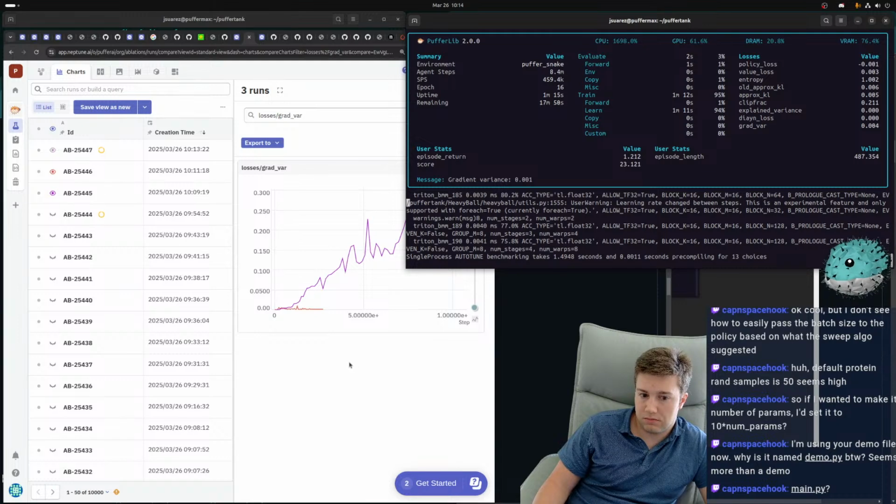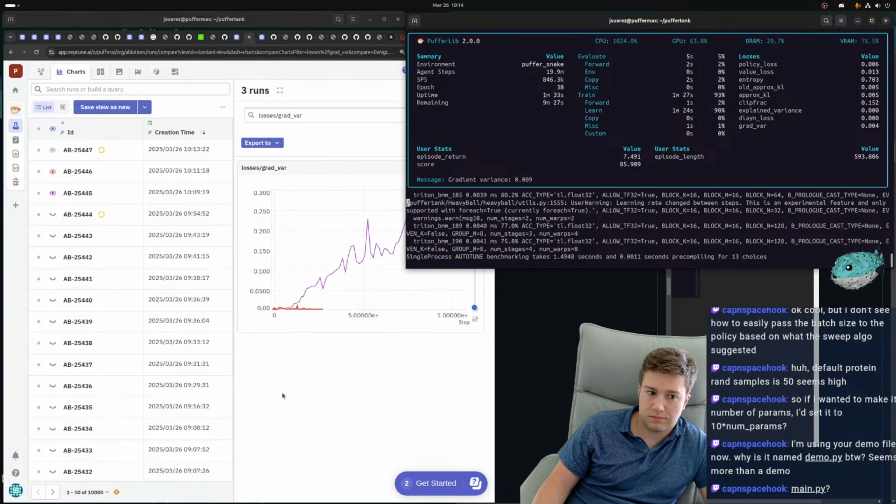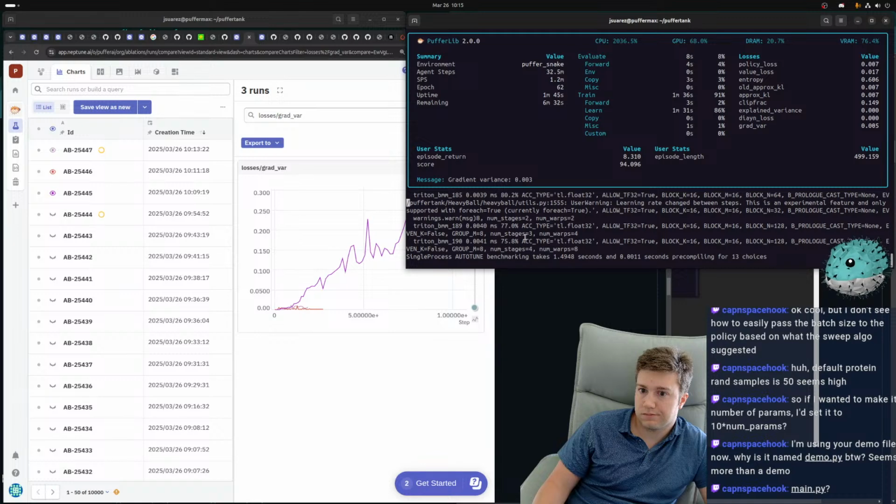It increases. That solves really, really fast now, doesn't it?